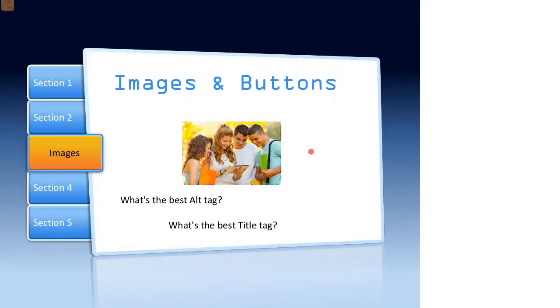But the main question you've got to ask when you're doing an alt tag is, does this alt tag give us any more information than what you're writing about? If it's not giving any more information, all you have to write in is 2 words, decorative image. If you put in students, that wouldn't be great. If you put students in a park, 4 students in a park gathered around and looking at an iPad, perfect, because that's how the screen reader is going to read it out.